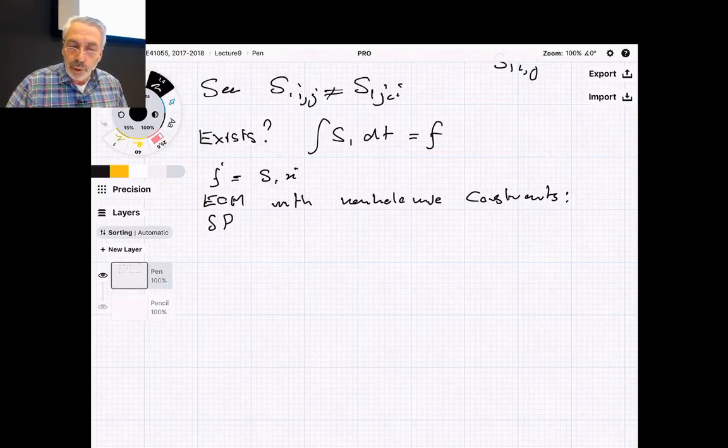So what do you do? You have your virtual power expression, you have applied forces, Fi, you have your inertia forces, accelerations,